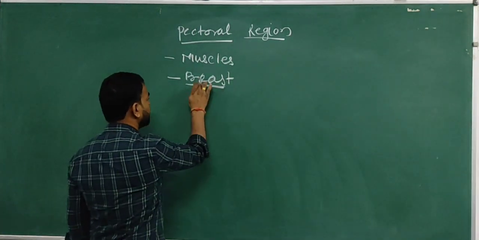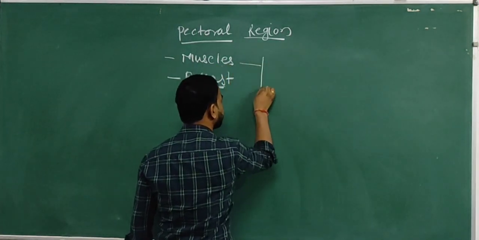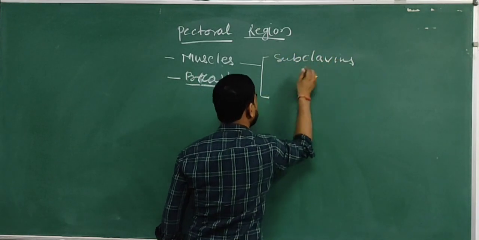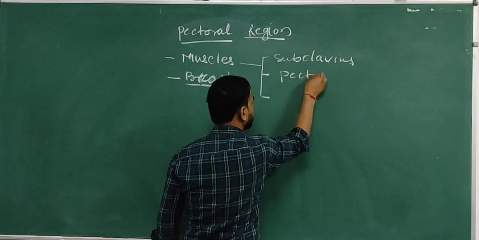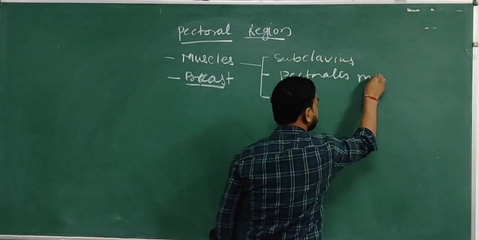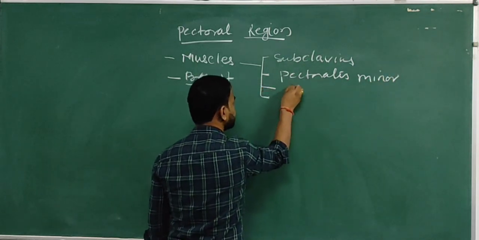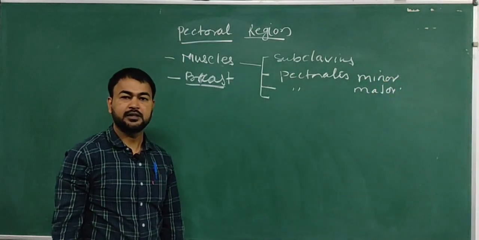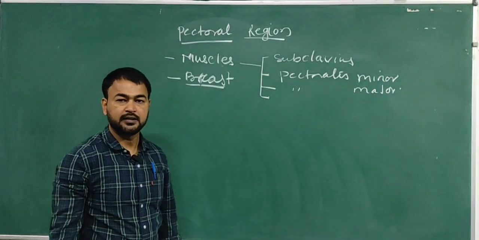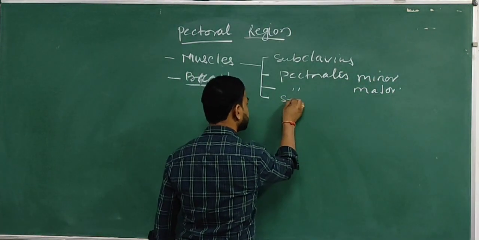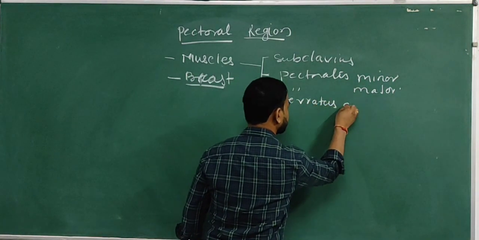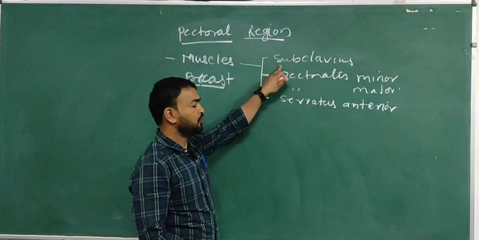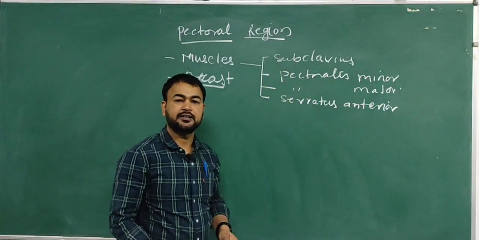So the muscles of the pectoral region are: first, the subclavius muscle; second, the pectoralis minor muscle; third, the pectoralis major muscle; and the fourth muscle is not a muscle of the pectoral region, but we consider it here: the serratus anterior muscle. One by one, हम सारे muscles origin, insertion, nerve supply और action के बारे में पढ़ते हैं।